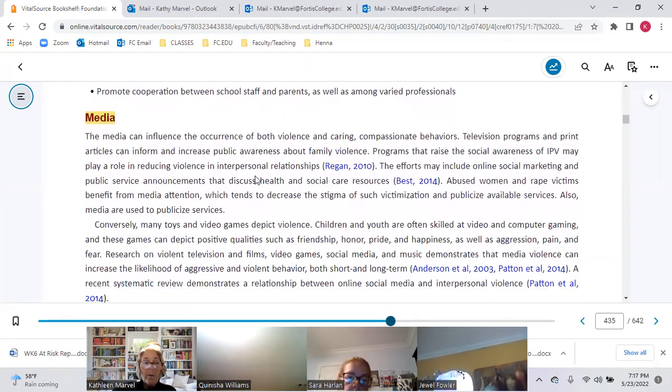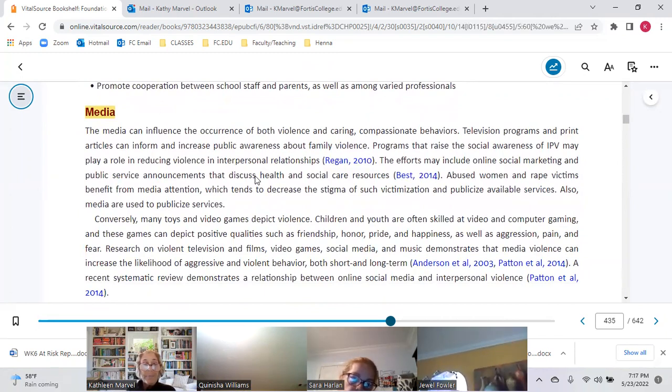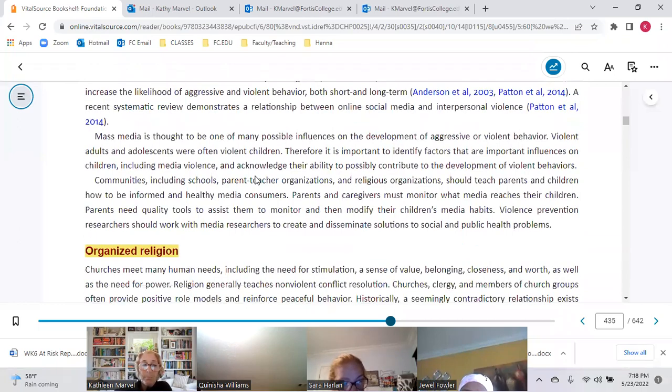How does the media play a role? Right? How does the media play a role in potential violence? You guys tell me. Are you asking? I'm sorry. Yeah, I'm asking, how does the media play a role in violence? It's these video games. Have you ever heard of Grand Theft Auto? Kids are playing these games and they're shooting and taking cars and all types of stuff. Just the things that they watch. If it's not positive, they pretty much want to mimic whatever is on TV, YouTube. Yep. Music,